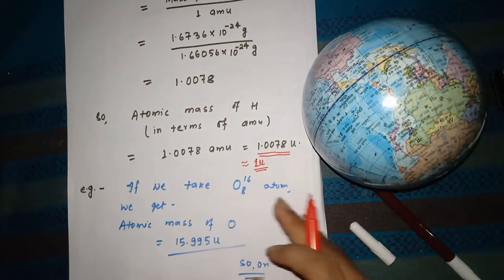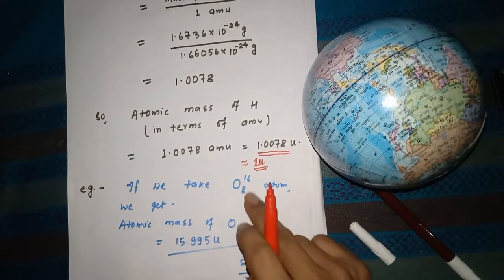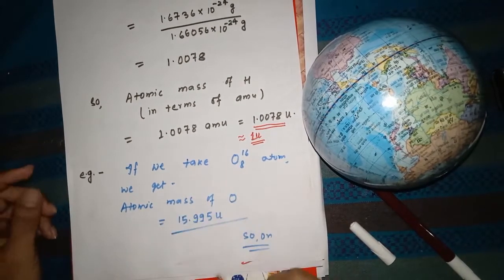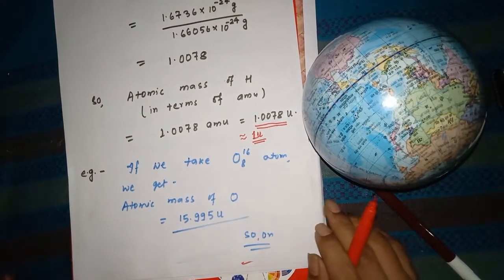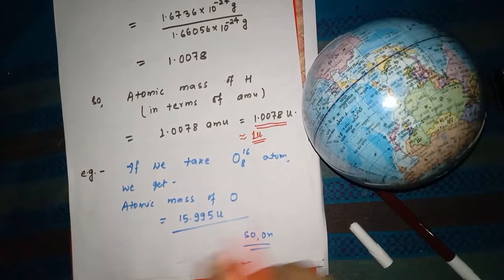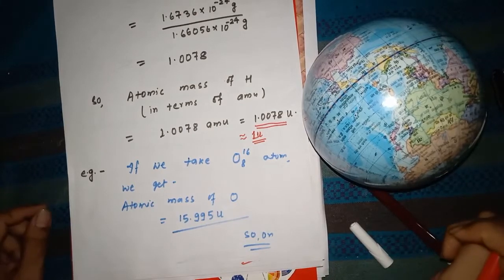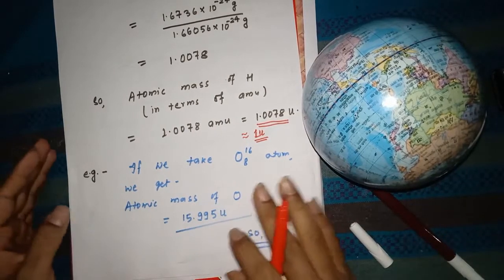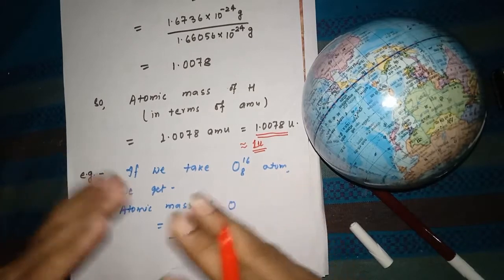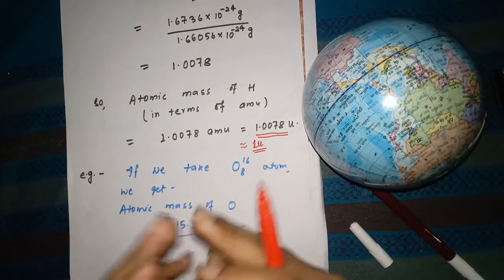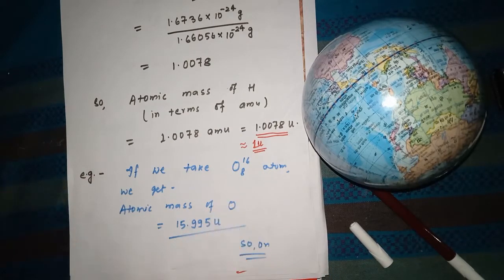Now we can take another example, the oxygen atom, the oxygen isotope O-16. We can calculate its atomic mass as 15.995 U. In this way, we can find the mass of any atom in terms of AMU. Have you got my point? I hope that you have understood all the concepts. You have to think about it and practice all the concepts, the laws of combination and the AMU concept. I will deal